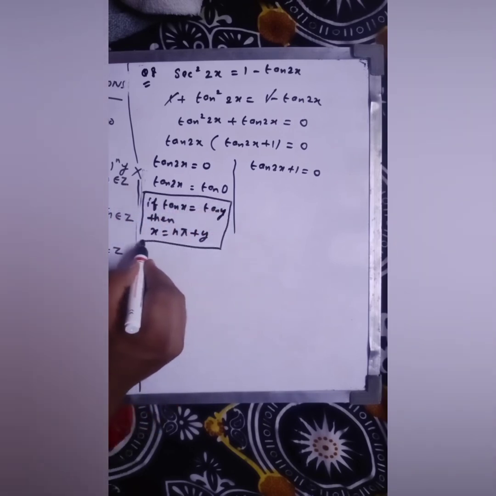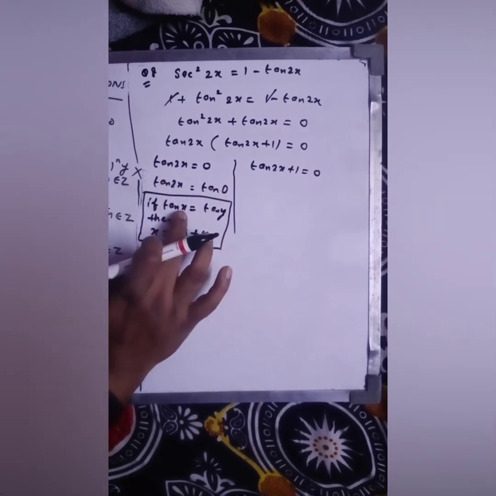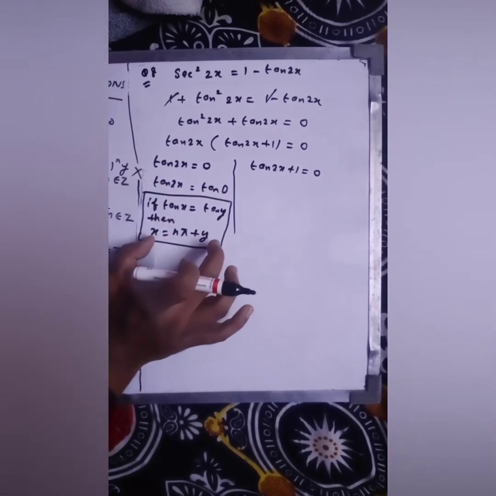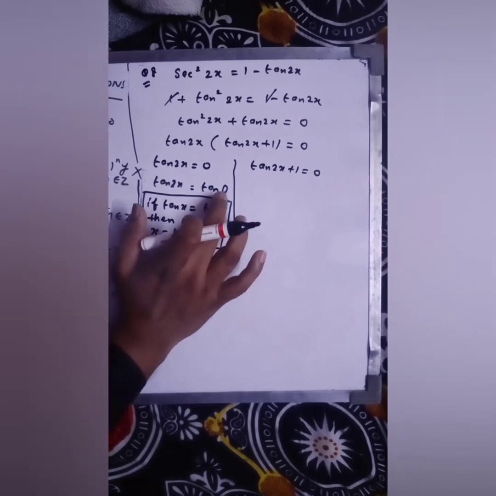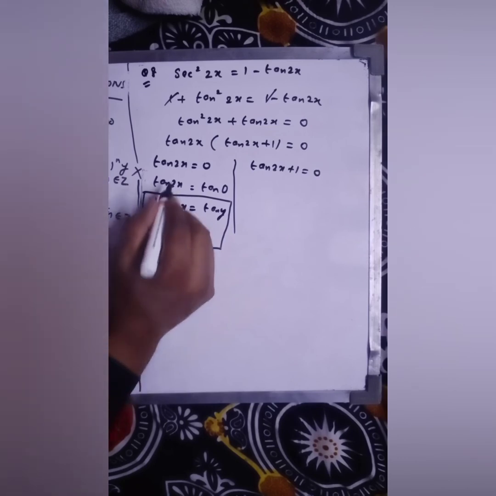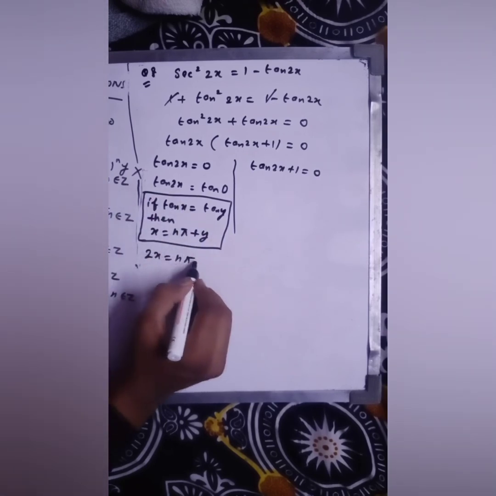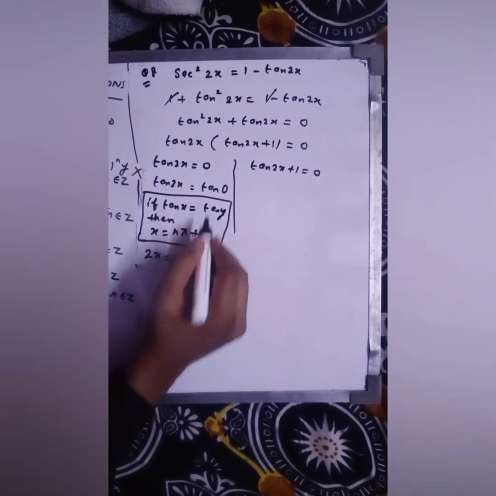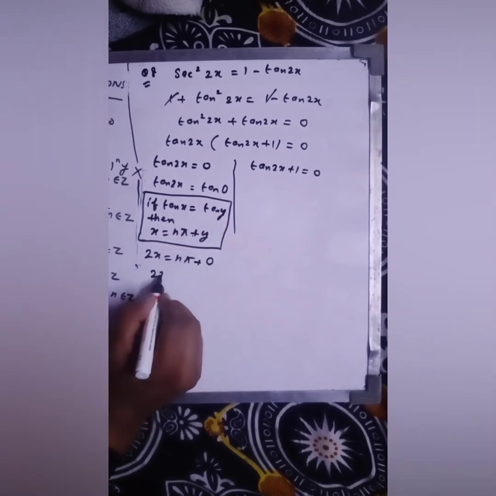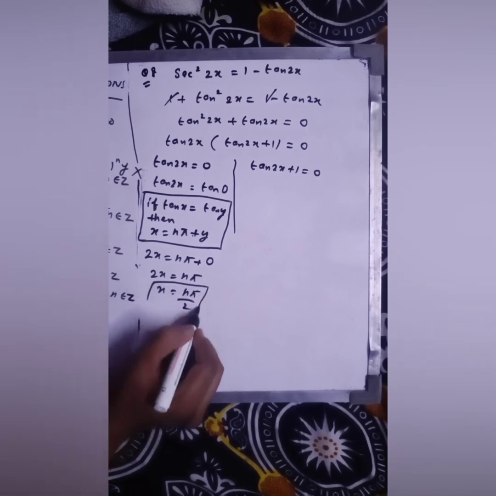This is your general formula. So it is coming in this form. You have to replace x by 2x, and your y is 0. So use this formula. X is your 2x. 2x is equals to n pi plus y, y is 0. So your 2x is equals to n pi, and your x will be n pi over 2. So this is your